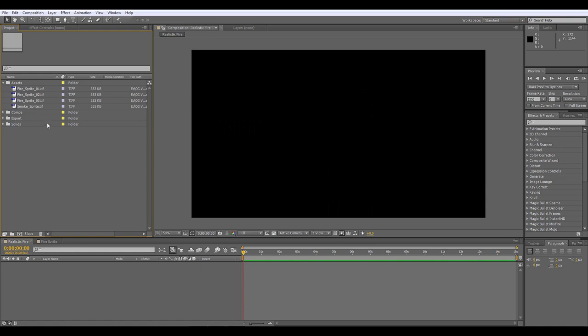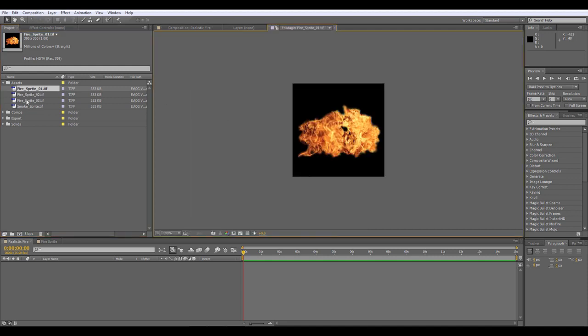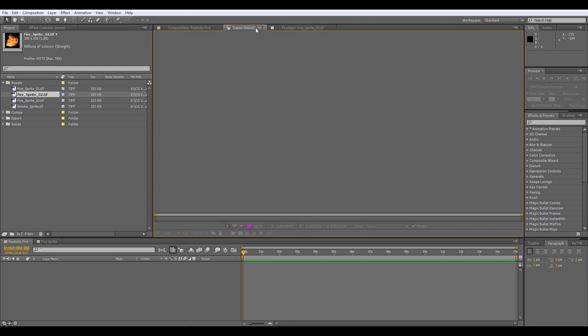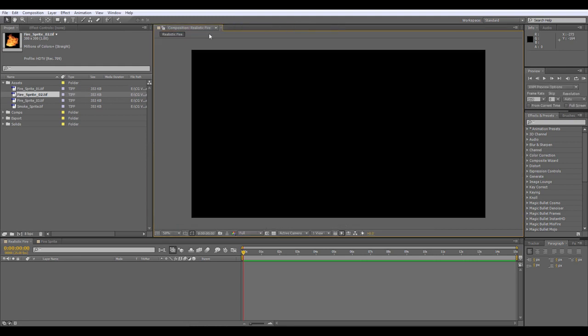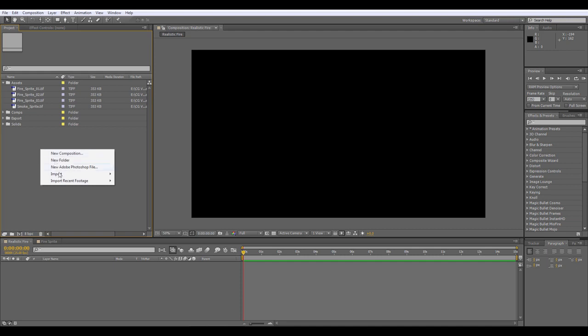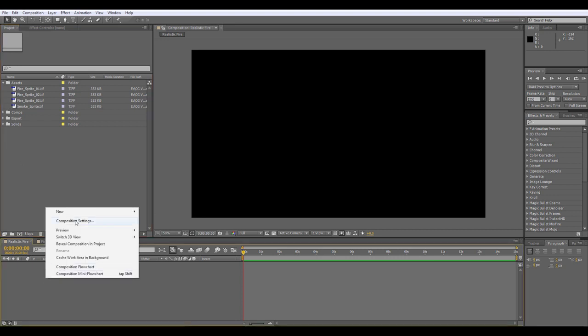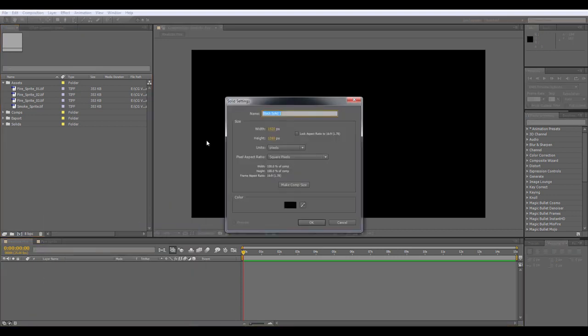Then we'll import some files, some TIFF images that we're going to use. They're basically particle sprites, which we're going to use to create our custom particle system. So those will be included in a download link, which you can find in the description of this video. So just go ahead and download those, right click, import them into our project window here, and you're ready to follow along. Okay then, so we'll start by creating a new solid,